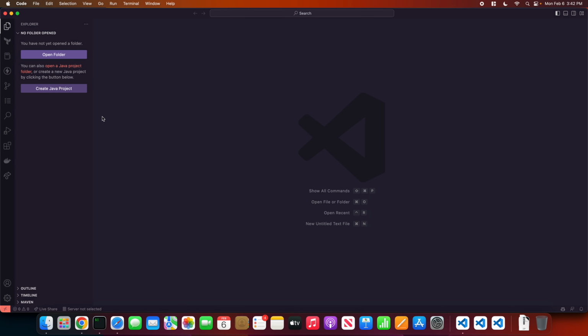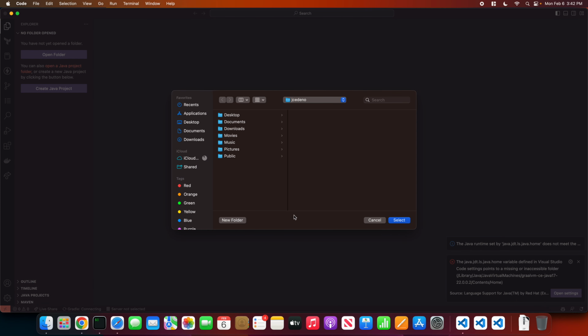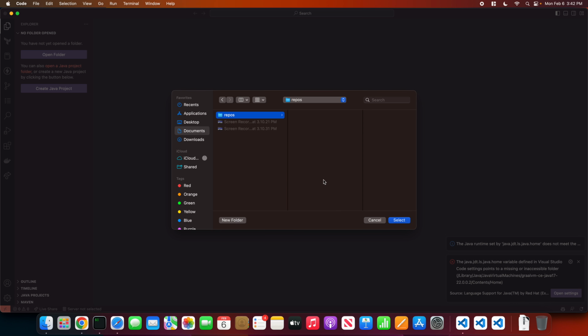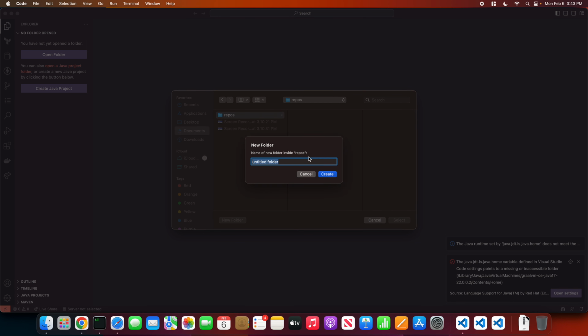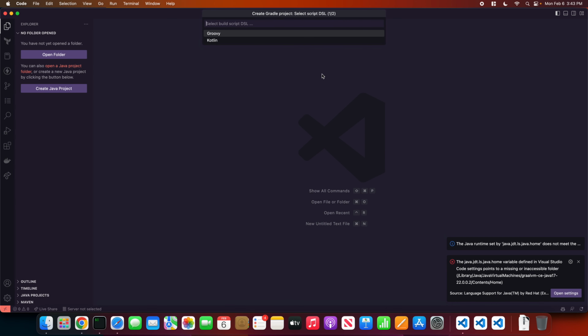I mean, we could, for instance, create a new Java project on Gradle. Just store it in documents, repos, and just personal, for instance. And in here, we can create a Groovy live test. And